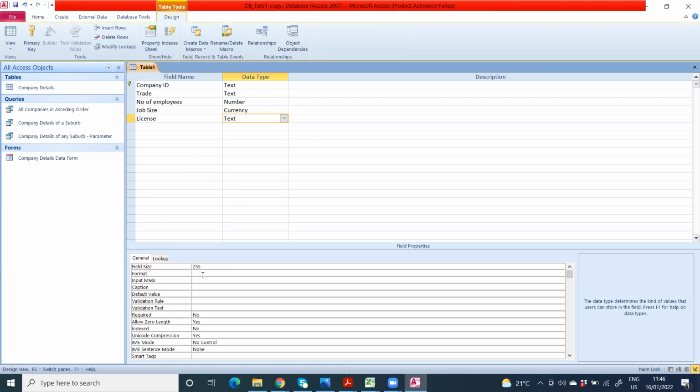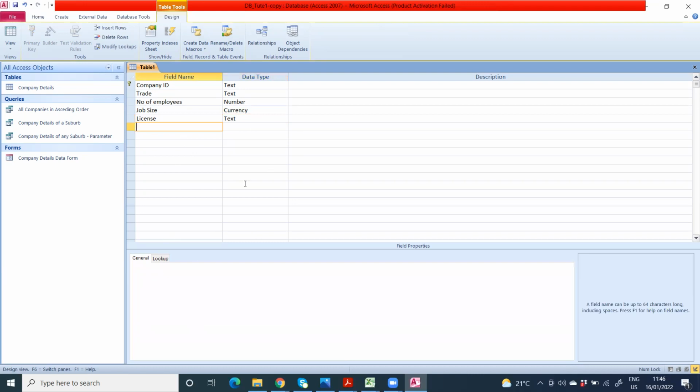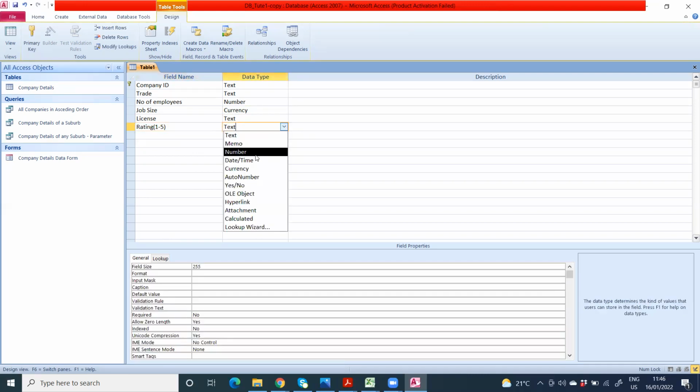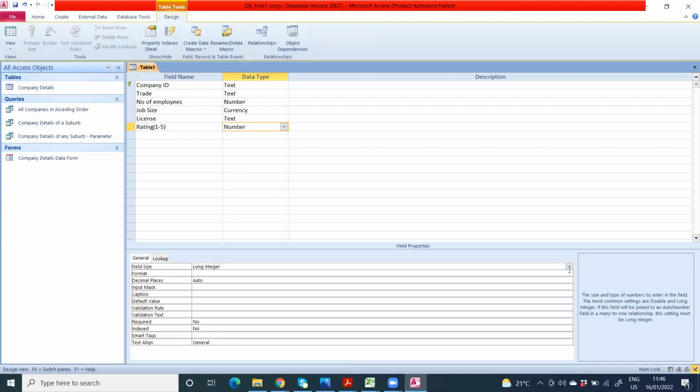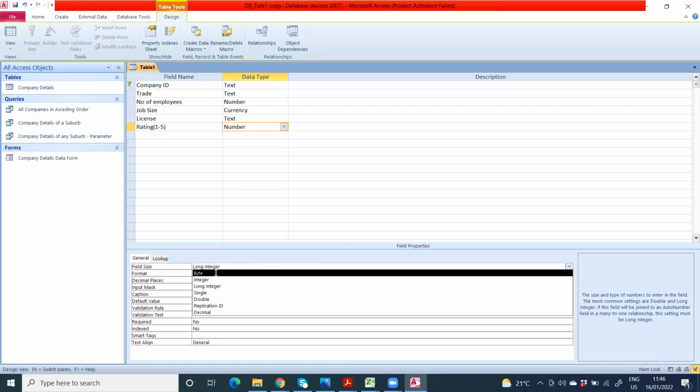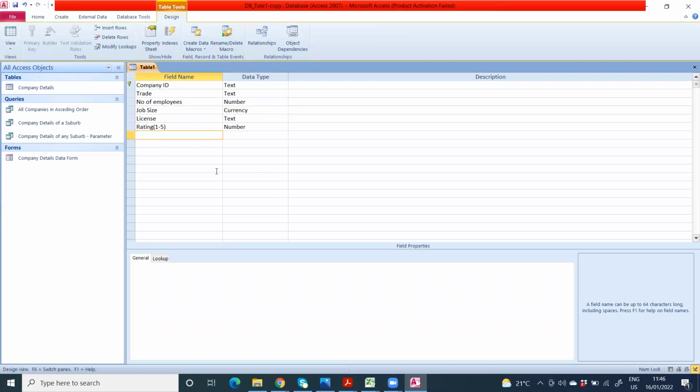It's again short text, 15. Then rating, 25. Number, it's again byte. In case you forget providing these specific data types to any of these field names,